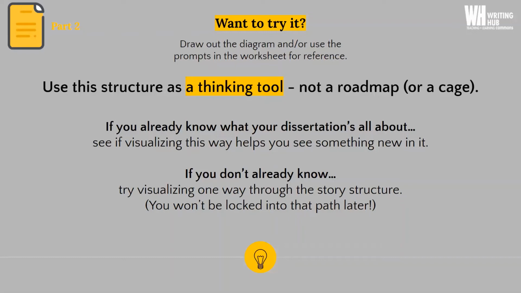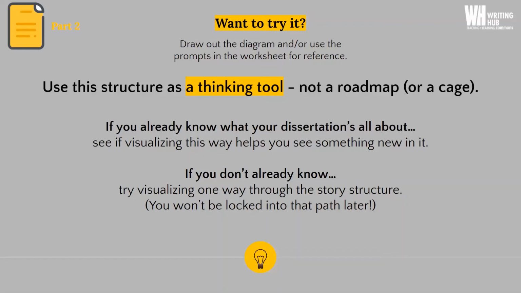If you already know what your dissertation is about, try visualizing it this way. See if you see something new in your dissertation research once you start thinking about it as a story in a narrative structure. But if you don't know what your dissertation is going to be about, and if you're already trying to figure out what your dissertation is going to do and how it's going to be organized, try visualizing it this way.